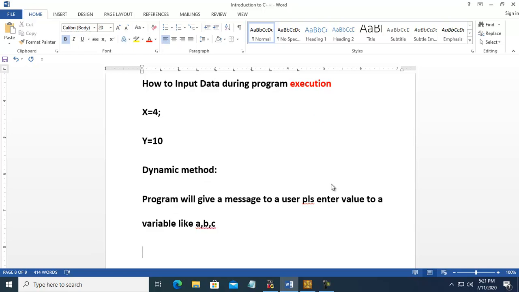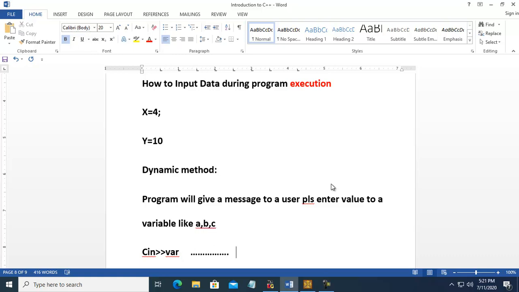So for this we will use cin and the greater than sign. In the cin statement, here we will write a variable, any variable like A, B, C. So I will write like this.